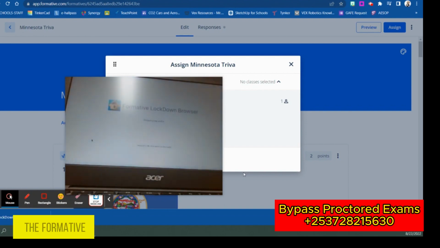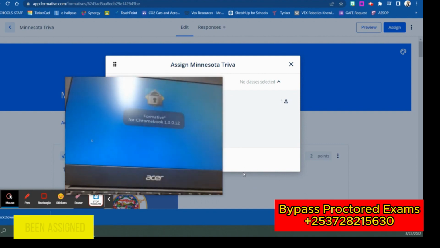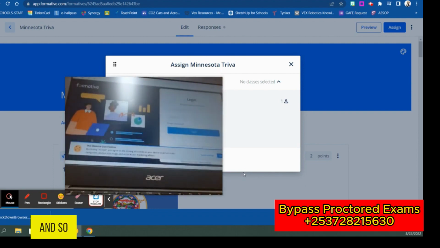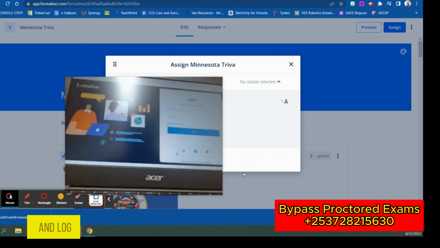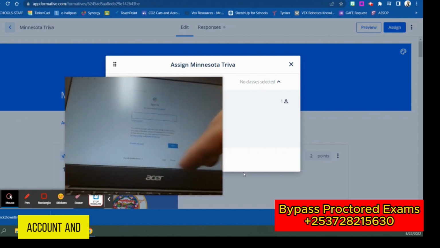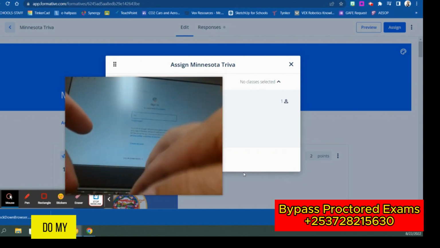When they click on the Formative Lockdown Browser, this will open up a locked kiosk formative application where students can see any formatives that have been assigned to them in secure lockdown mode. And so then what I'm going to do as a student, I'm going to go ahead and log in with my school Google account, and I'm going to do my